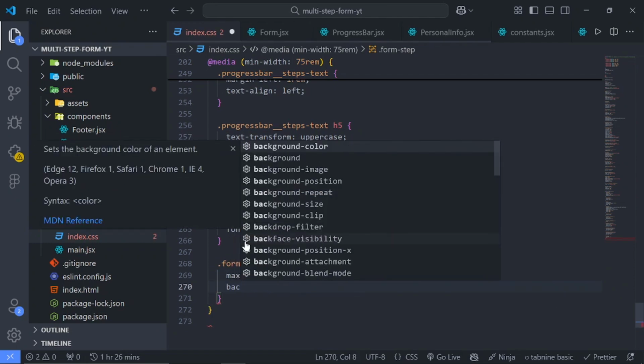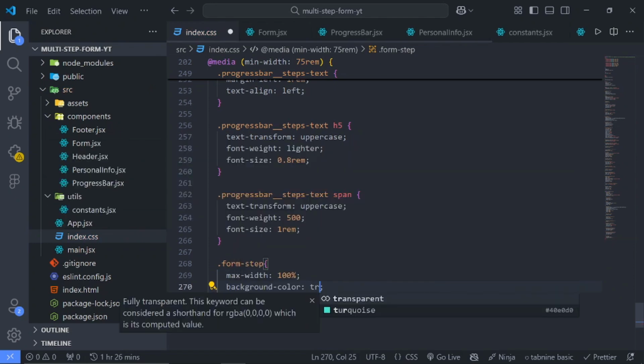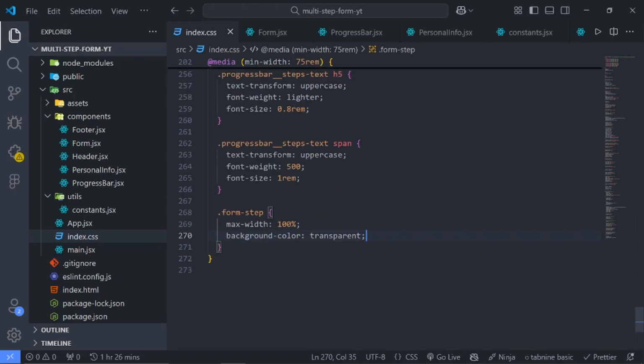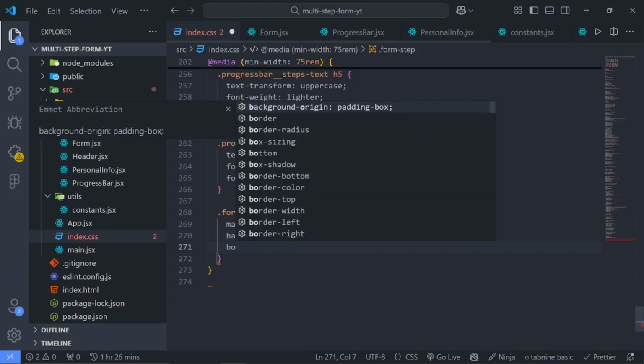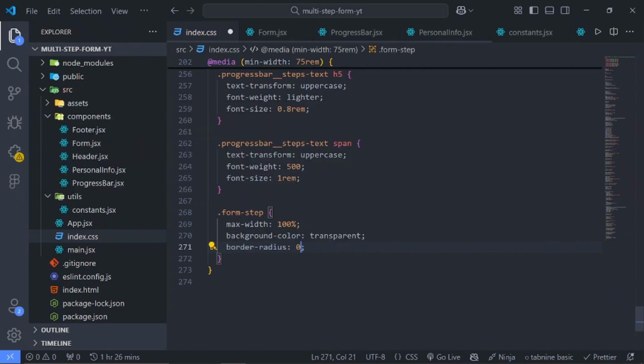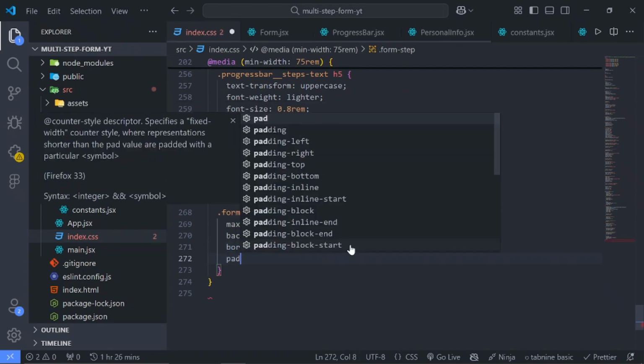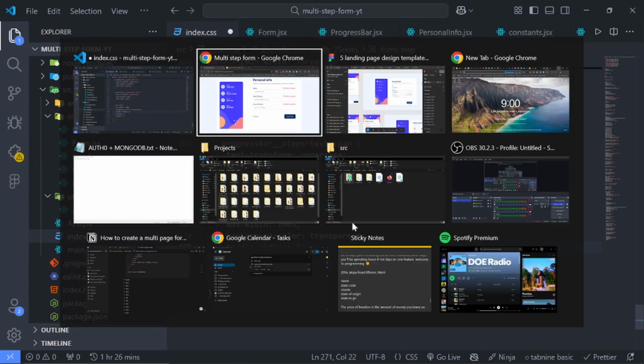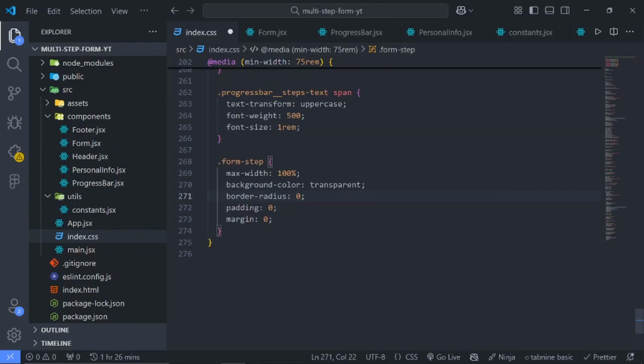Then we'll give it a background color of transparent so that we'll get rid of this white background, and add a border radius 0. Also get rid of the padding and the margin, or rather, since we'll still need margin to push it down,